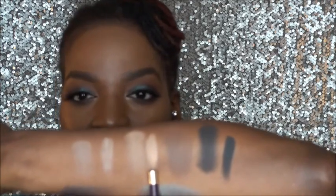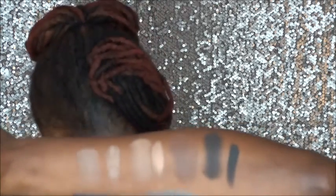And there's your finger swipe right next to it. Super, super stark against my skin tone. Somebody with a fair skin tone could definitely pull this off. Then you have